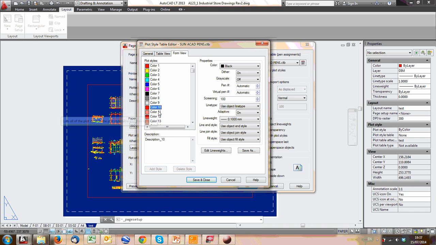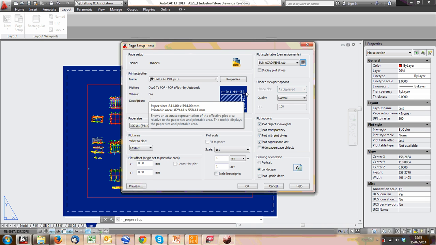And you can adjust these. You can even set different colors here. So you could actually set it, for instance, this color plot says that specific color there. And you can go through that and set up all sorts of different pen settings. But normally you work with 10 or 20 standard colors. But this is set up in your CTB files, sunacadpens.ctb. You can have multiple CTBs. So if you get drawings from different places, you can plot them all with the pen line types correctly mapped. But now we've created a DWG to PDF, so we're going to create a PDF